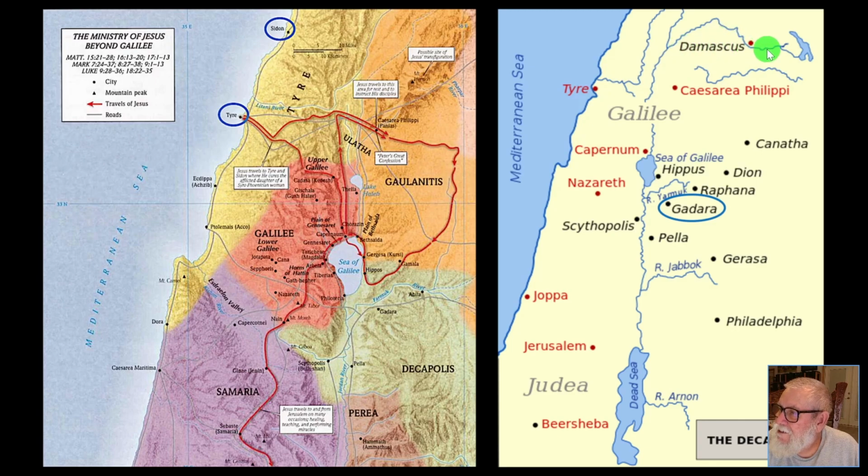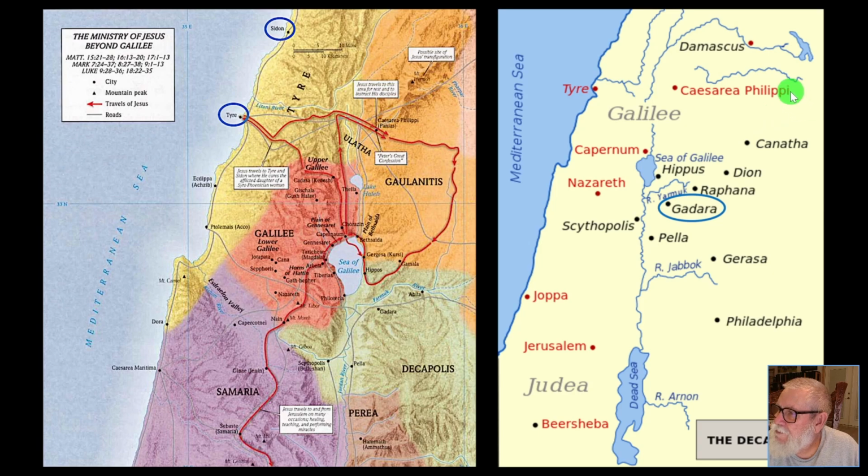It's the oldest continuously occupied city in the world. It was one of the Decapolis, but it was some 50 miles north of this region here where the rest of the cities were. Just another couple of things to look at on this, and then we'll call this little